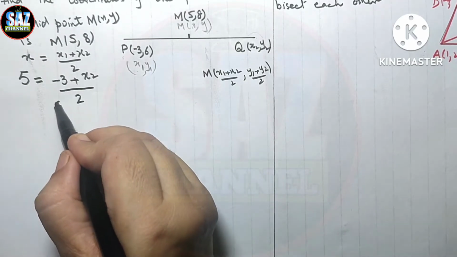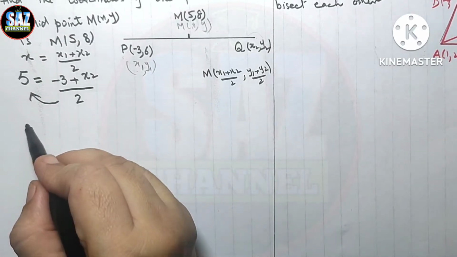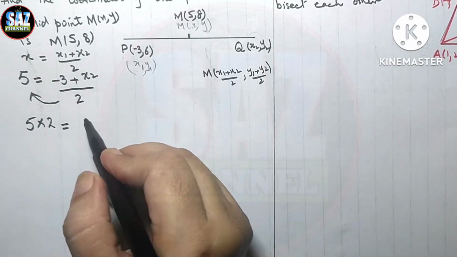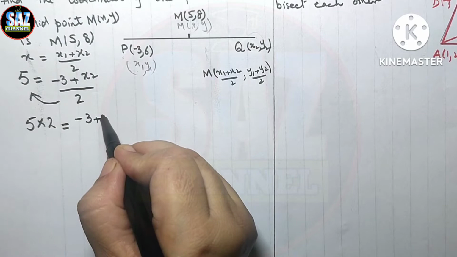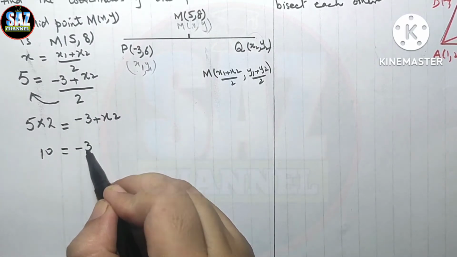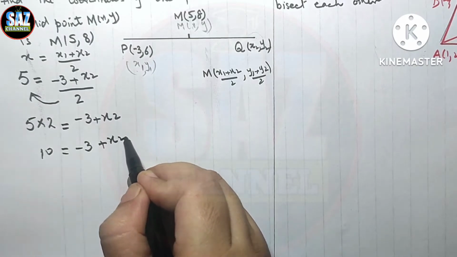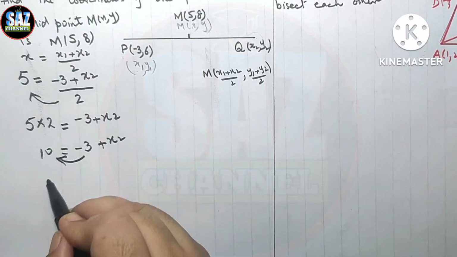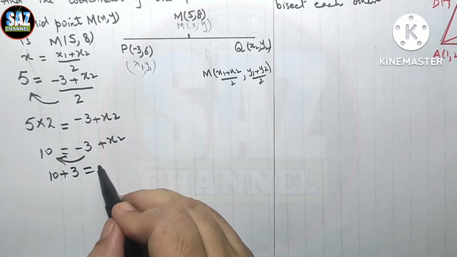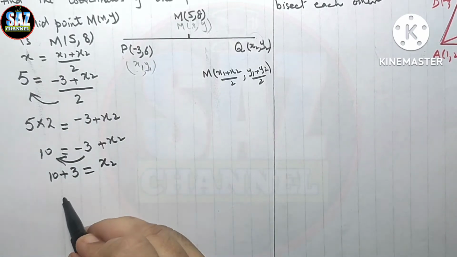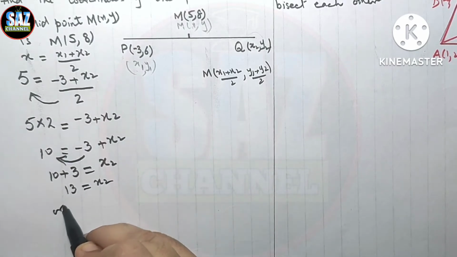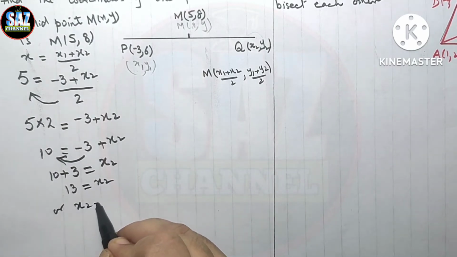Now go for cross multiplication, 5 times 2, 10 equals -3 + x2, and shift 3 to the other side. Do not forget the rules of integers and how to solve a simple linear equation. This is 13 equals x2, or x2 equals 13,